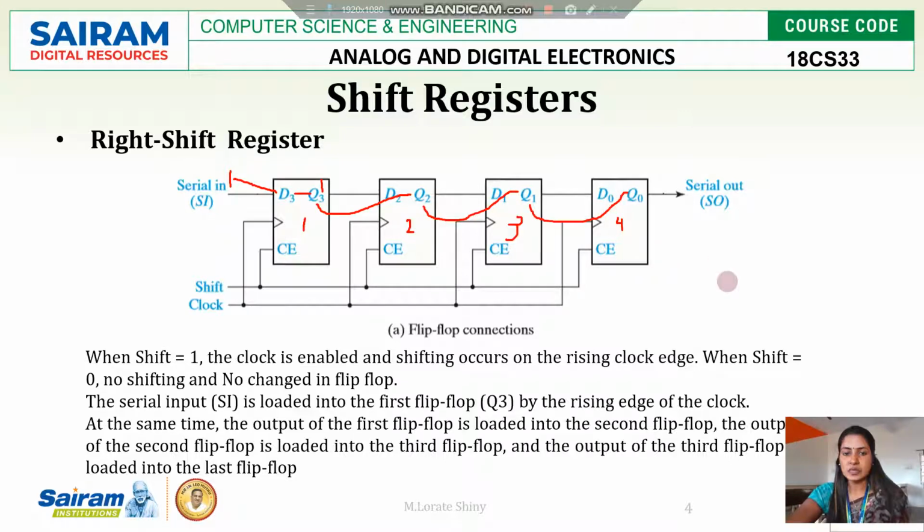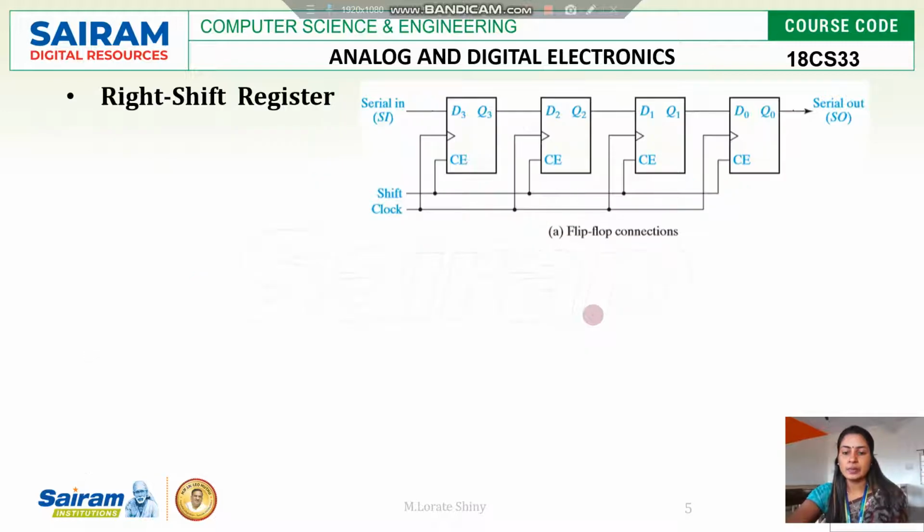Okay. Let's see one example. We are giving a common clock, no? So all the shifting will happen in one cycle. For the next cycle, the next shifting will happen. Okay. We'll see one example with the same register. I am going to draw the timing diagram. So the signals are first the clock, then the input signal, then Q3, Q2, Q1, Q0.